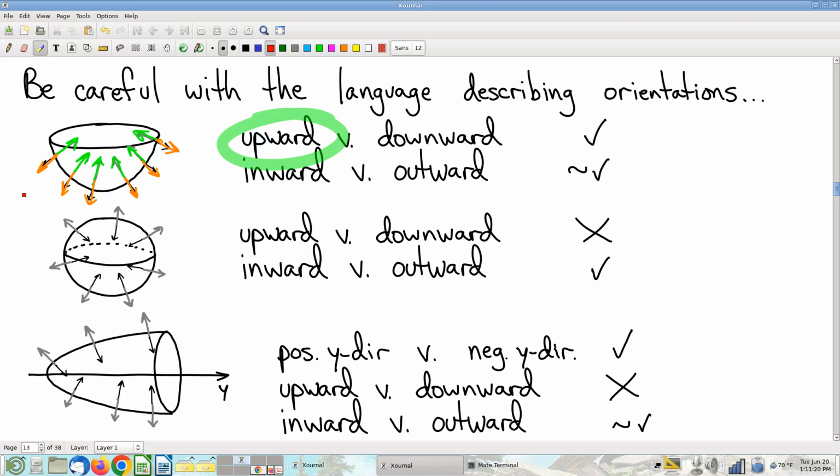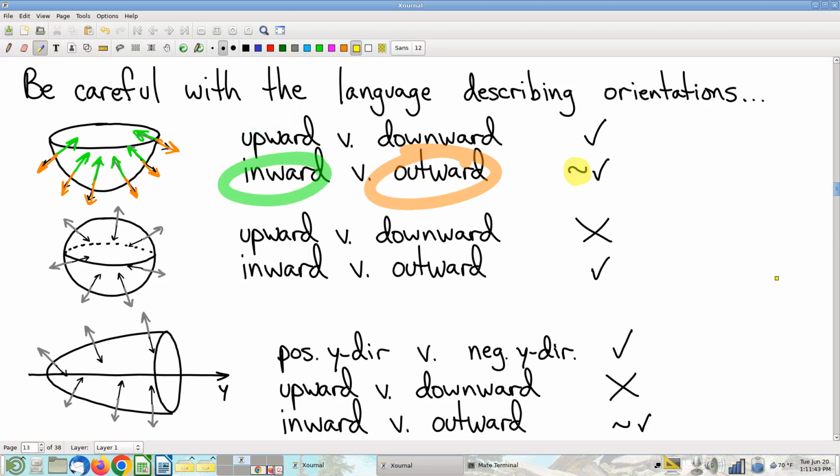Is everybody with me? So that's the goal. Just to distinguish unambiguously between your options. So upward versus downward makes loads of sense here. Now you can kind of sort of also get away with inward versus outward, and you'll notice that I have kind of a little